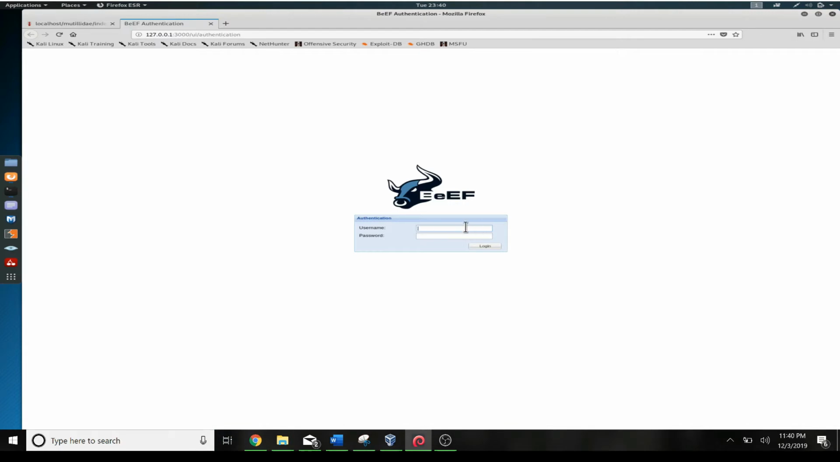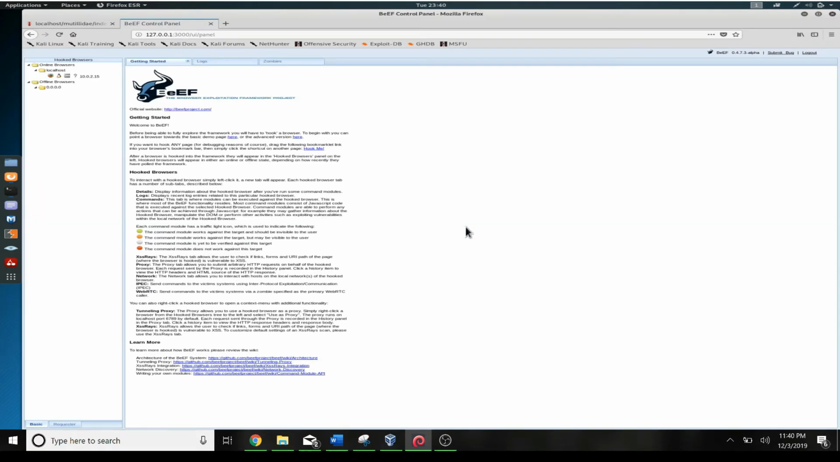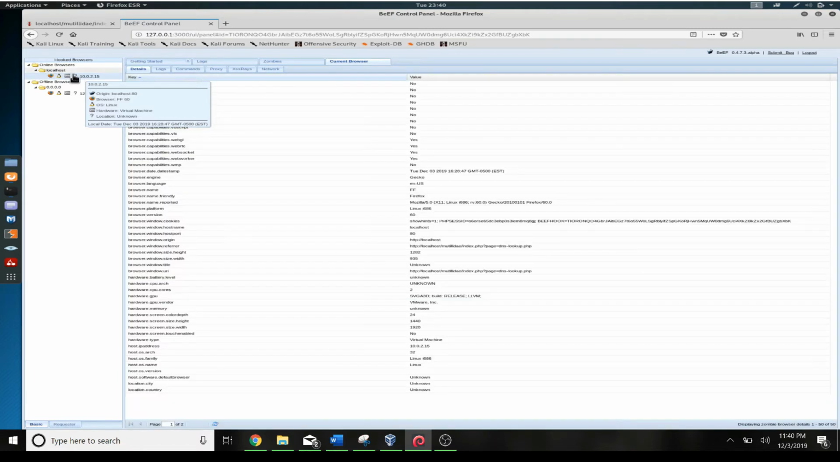so as you can see here, here's our BeEF framework. So we're just going to log in here. BeEF 1 2 3 4. So here we can see that now we've got one entry in local host. So that's basically the host of the computer I'm on right now, and you can see that computer is online over here. So I have it here in offline as well because I did earlier, but